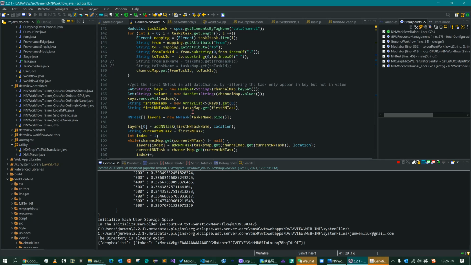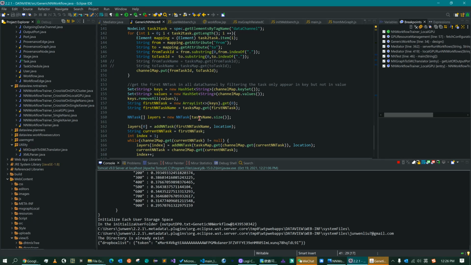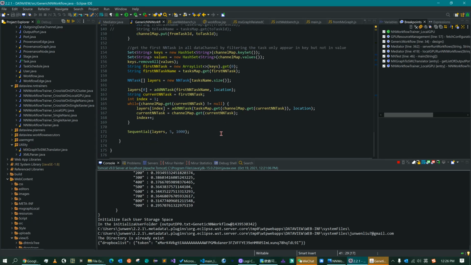Which does not file in its input port. So that is where we find out the first task, and then we are able to trace the output port, and then we can concatenate all the tasks into an NNWorkflow. So that is the logic behind this part of code. And also later, after we concatenate an NNWorkflow, we are going to call the sequential method, which is quite similar